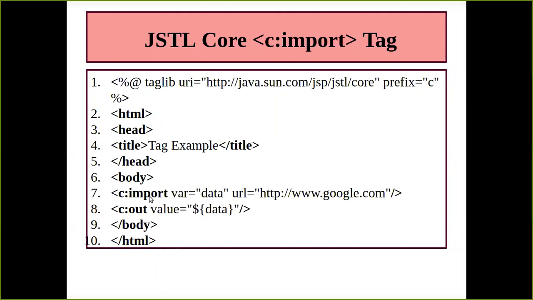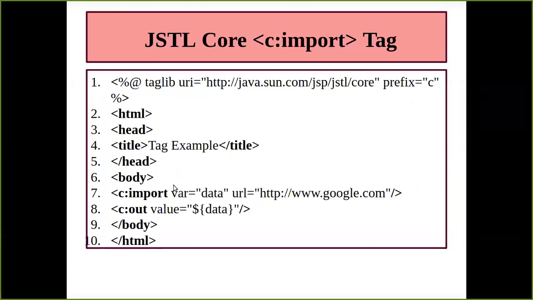Okay. Now once I have fetched all the data from there and put it into one variable, in the import tag we have two attributes, as I told you. One is var, that is for declaring a variable. So you don't have data types but you have an attribute called var. And what is the variable name you have given? Data. You have a URL from where you want to fetch the contents.